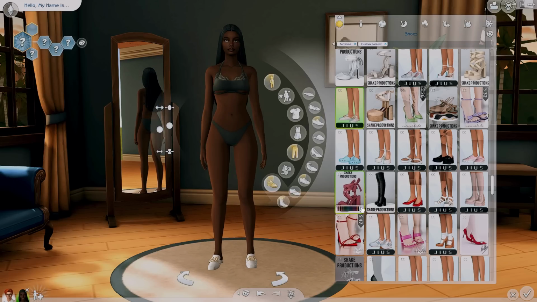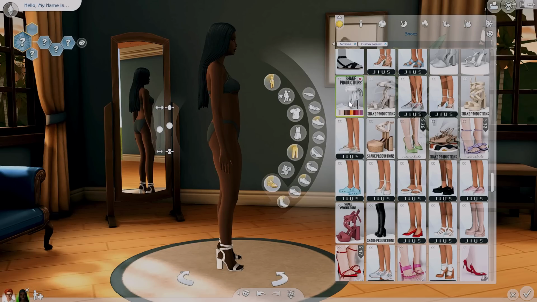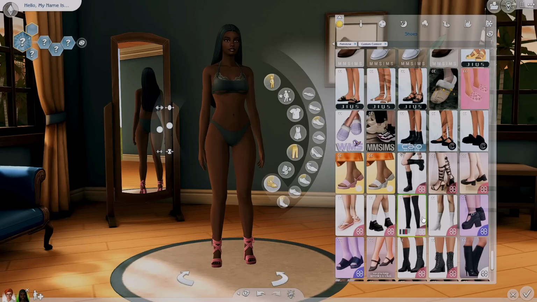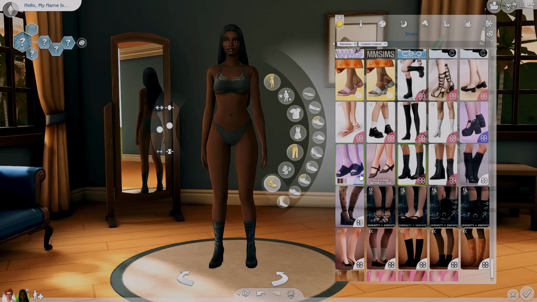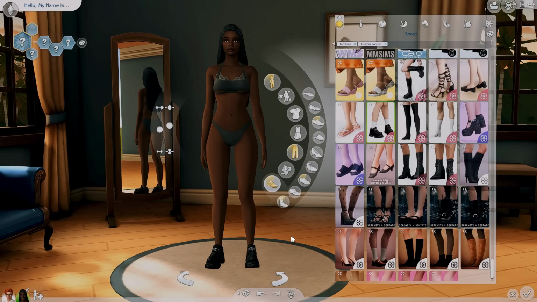I am not joking. Another creator is Shake Productions, and I think they specialize in heels, but when I tell y'all I have so many heels by this creator in my game, that would not be an exaggeration. And then the final shoe creator I want to go over is Serenity, and they have a lot of shoes to choose from. Okay, I'm going to style this Sim off camera, and I'm also going to name this Sim